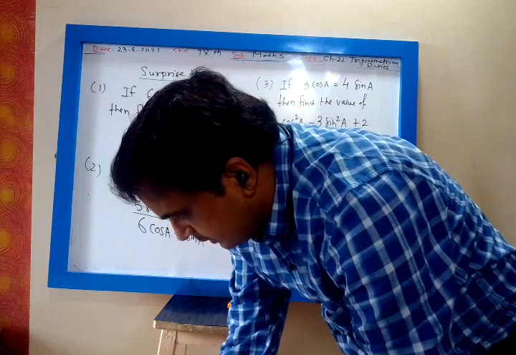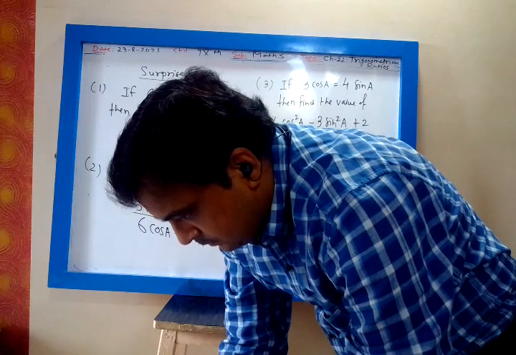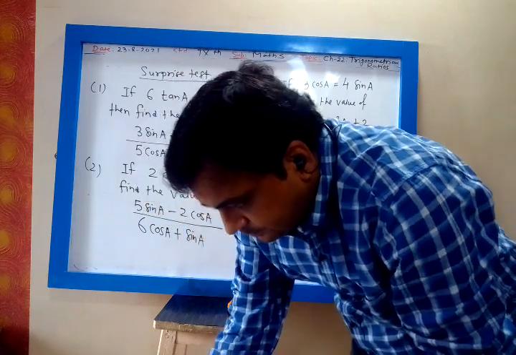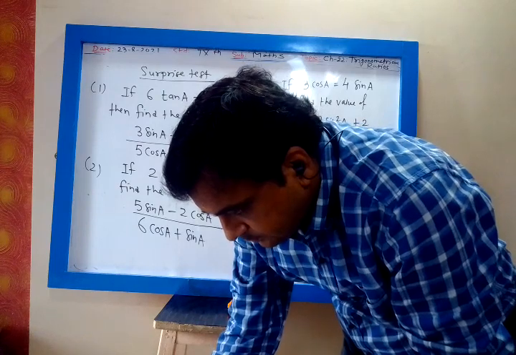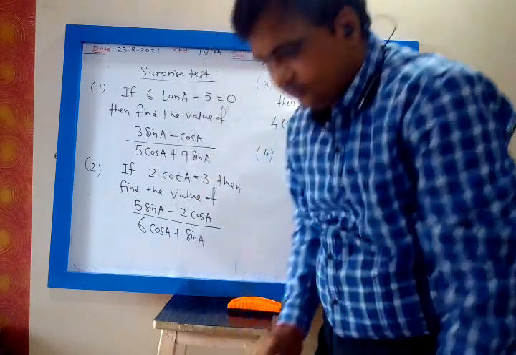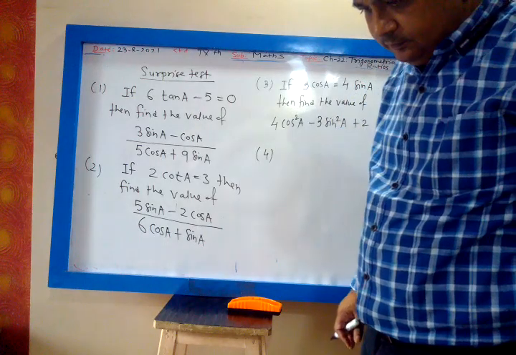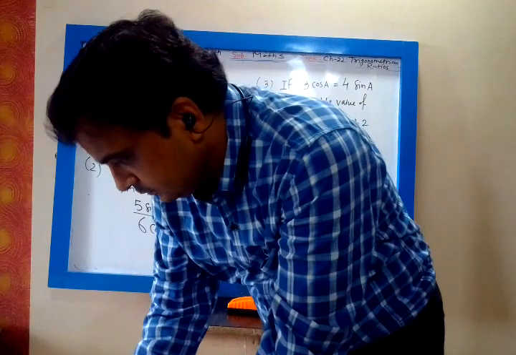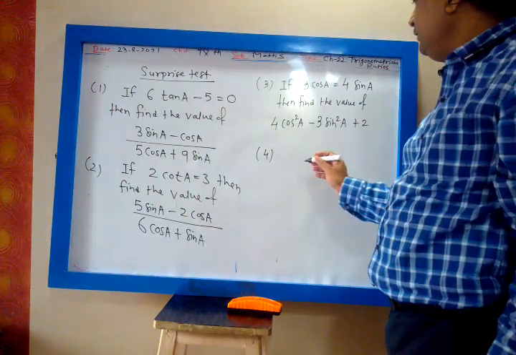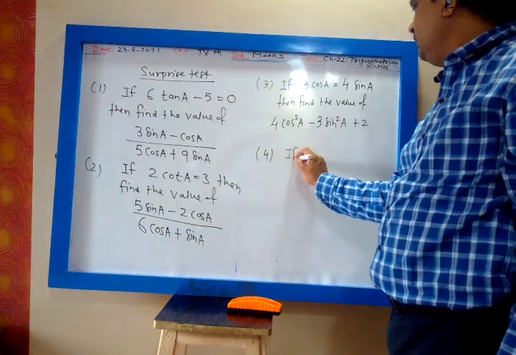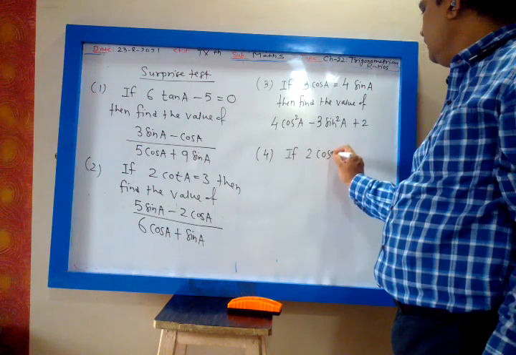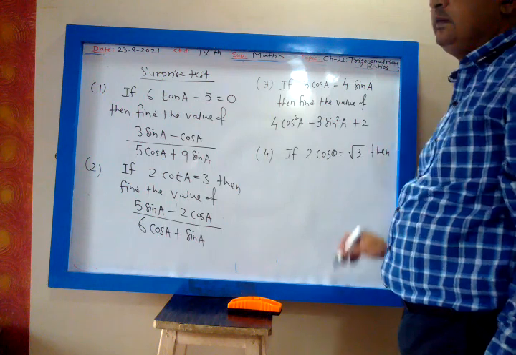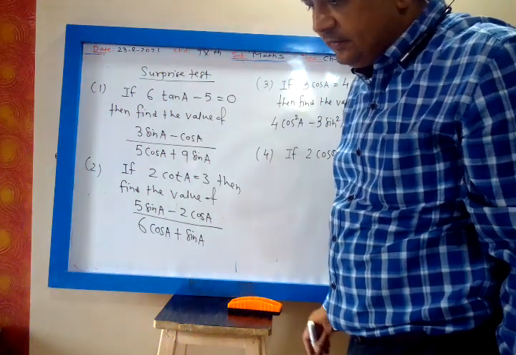One more question, let me give. If 2 cos theta is equal to root 3, then find the value of